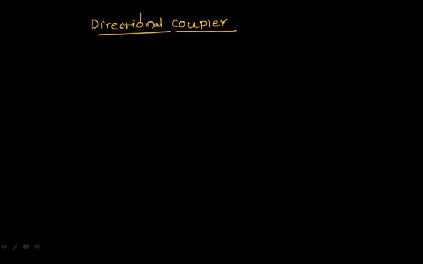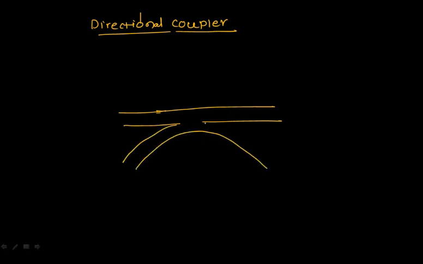So, directional coupler. Whenever I'm interested in drawing the diagram of the directional coupler, you can say directional couplers are flange-built waveguide assemblies which can sample a very small amount of microwave power. So you have this kind of structure. You have a main waveguide here, and that main waveguide is connected with the auxiliary waveguide, or the secondary arm. So this is nothing but the structure of your directional coupler.